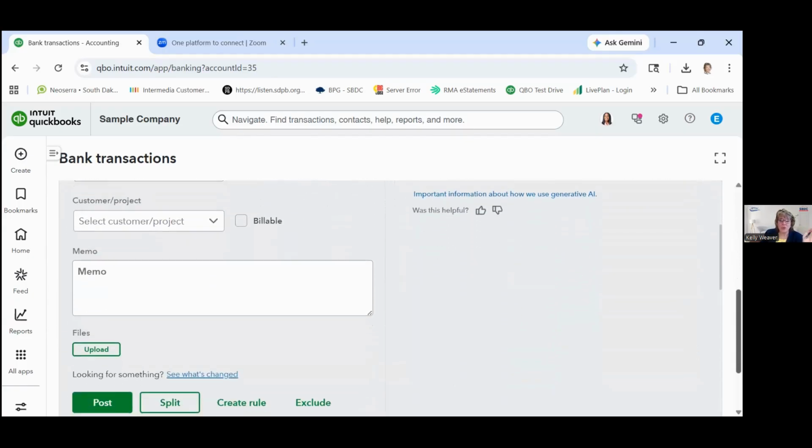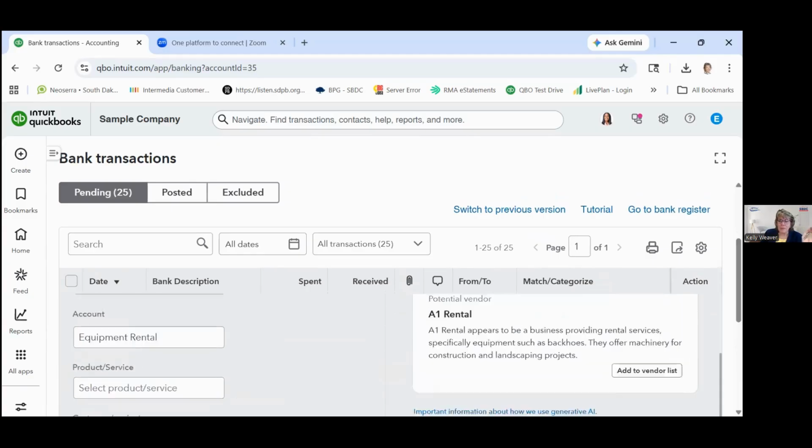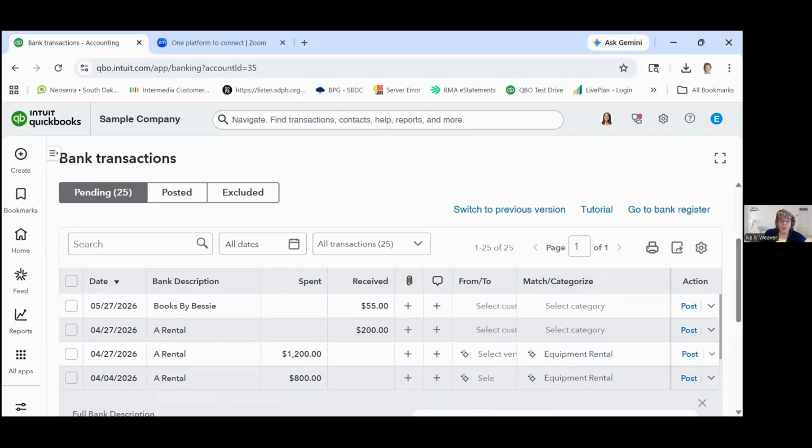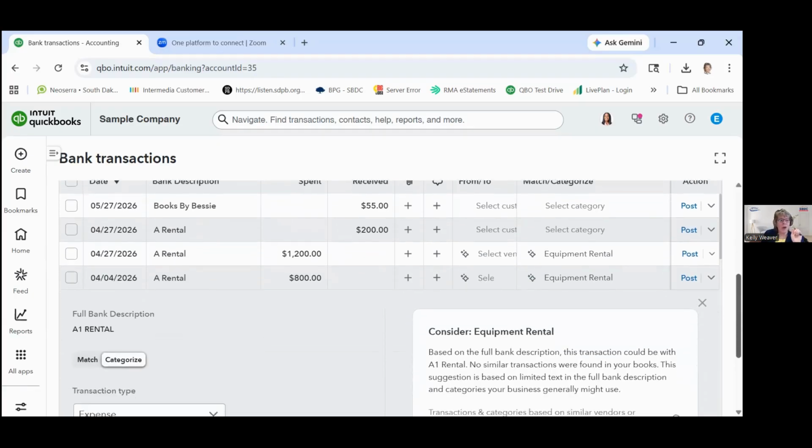There's also ways where you can say, this isn't probably a good example, but when you use your debit card, a lot of times it'll come through on your bank as a POS, point of sale, date, numbers, transaction numbers, all kind of stuff, and then a business name somewhere buried within that. You could use this rule to say, if the description includes a rental anywhere in it, just change the name to a rental instead of the POS, blah, blah, blah. So there's ways to use it that way too, to change the name of how it shows up automatically for you.